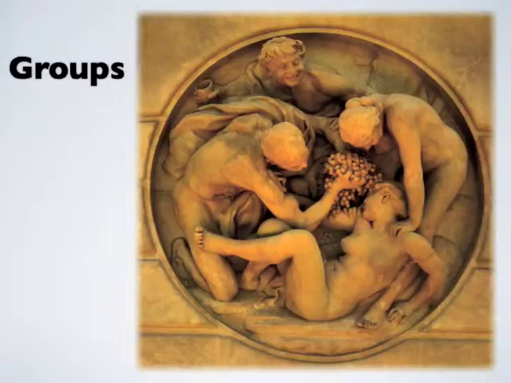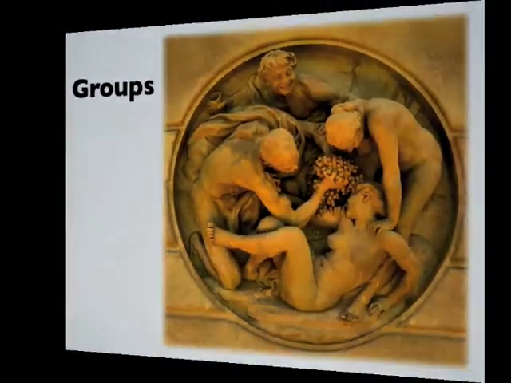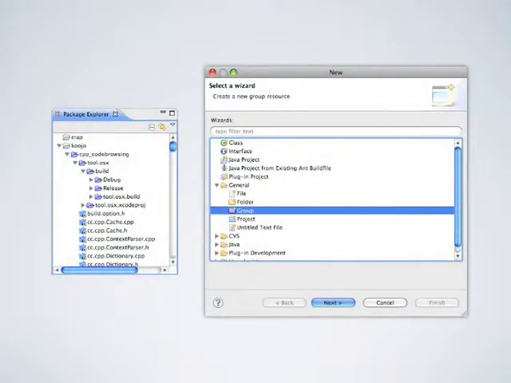Groups are non-synchronized virtual logical folders. Those are folders that do not exist on the physical file system. Groups are shown in the Resource Explorer as blue directories, and the user can create them using the new group